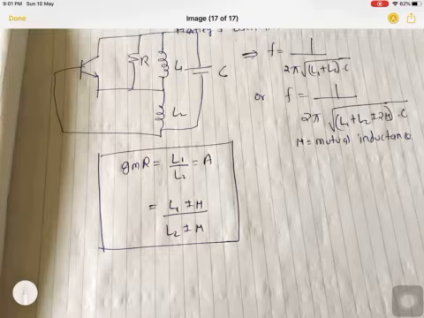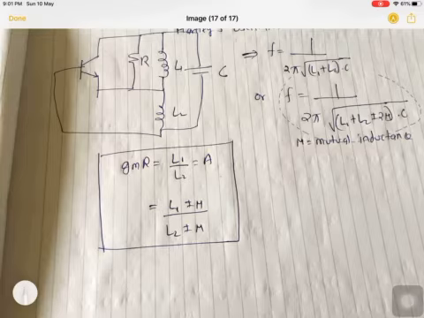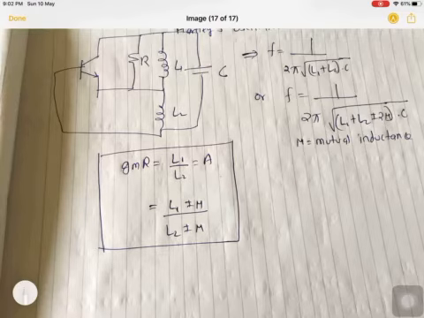But on a similar note, its frequency can be calculated as f equals 1 upon 2 pi root of L1 plus L2 times C. However, if two inductors are in a nearby area, they will also have a mutual inductance. If the value of mutual inductance is given, then we can put plus minus 2M here to calculate the frequency. Similarly, the gain of the Hartley oscillator is calculated as GmR equals L1 by L2 times A. For mutual inductance, it changes to L1 plus minus M, L2 plus minus M. With this, the part on positive feedback, that is the oscillator, is almost complete.